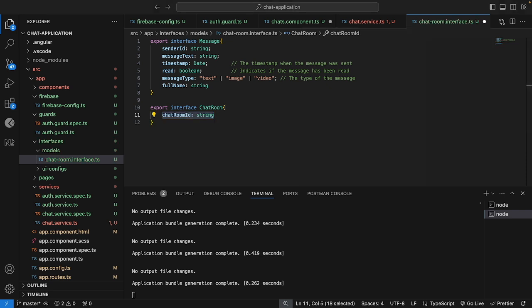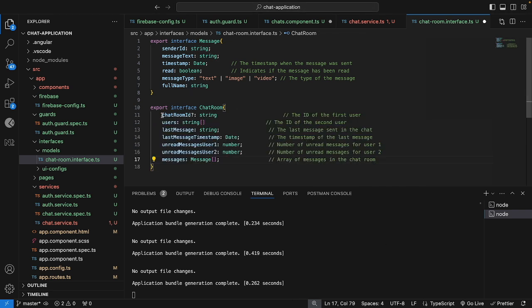So I'm gonna have these in there, right? Number of unread messages for user 1, number of unread messages. Basically I'm not even gonna use much of these unread messages, but what I'm gonna utilize is actually this chat room